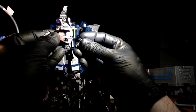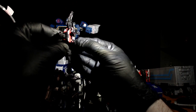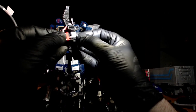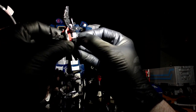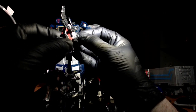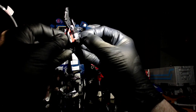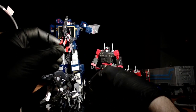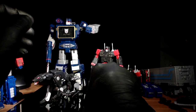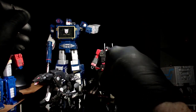Let's see there. I could probably glue it and maybe it would still transform. It'd be a little iffy though, because whenever you have to glue something, it's kind of the beginning of the end. Maybe if I get a double epoxy. I don't have a lot of space to work with there. I'll try super glue and see where it gets me. It's just kind of sad. I don't transform them that much anymore, so I probably won't bother tracking down a third party, but